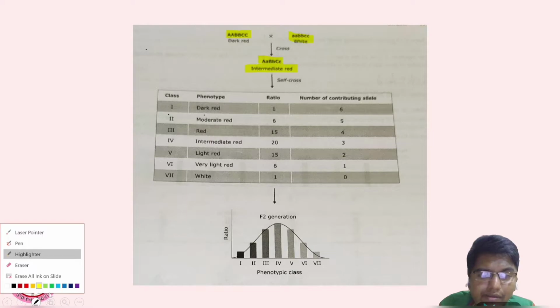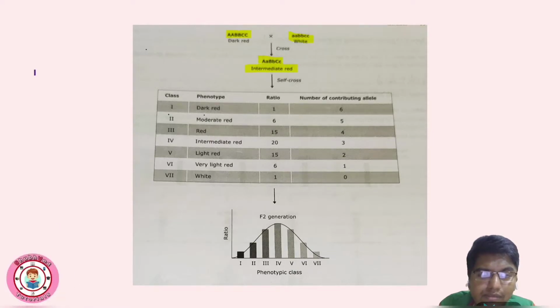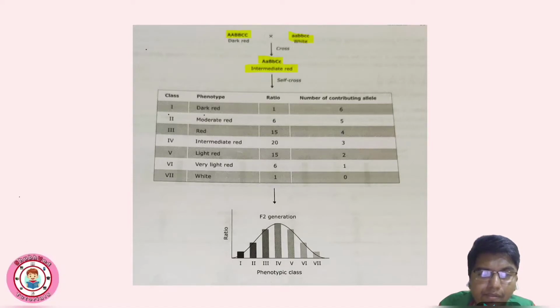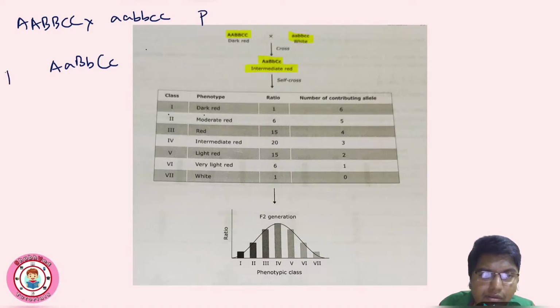I will write it again here to make it easier. Suppose these are the two true breeding parents, the P generation, and this is the F1, one capital one small. And F2,